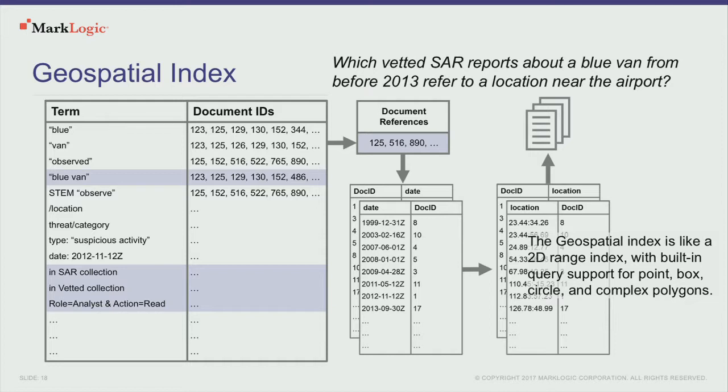So same query, we've got before 2013, and now we want to do within a region, in this case the airport. So we can define the airport as a very specific set of coordinates. And now we have specialized indexes that allow you to index geospatial coordinates, so latitudes and longitudes, plus all of the really complicated math that takes into account the spherical ellipsoid that the globe is. So again, the same concept that we're applying to different types of data, all within the same query language.